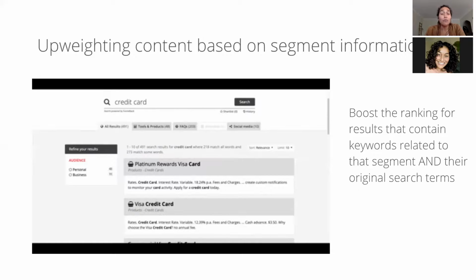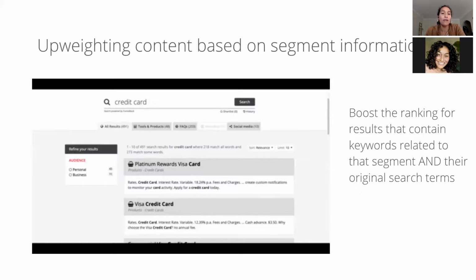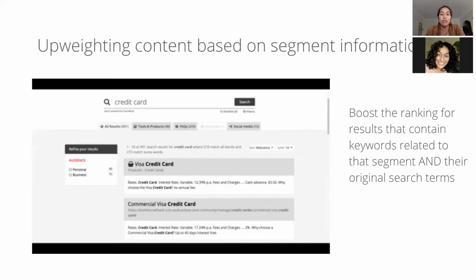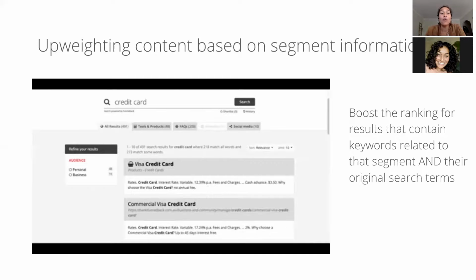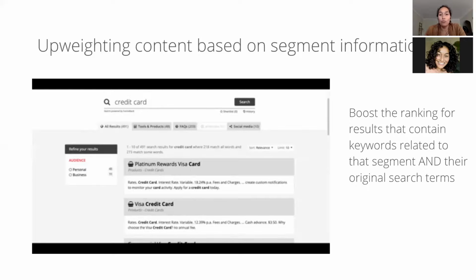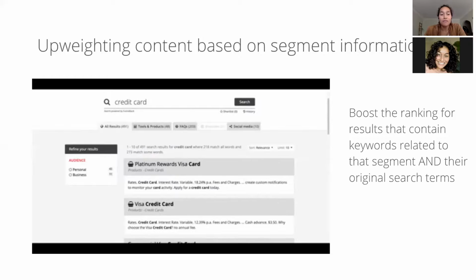Firstly, these rules are really easy to implement, and you can start with one or two. See whether they give you an uplift in terms of the metrics you're tracking, and then iteratively make changes in this fashion over time. In addition, we're not hiding anything. We're only reordering content. So the user experience will never degrade. If they really are looking for that credit card for their kids, they can still find it in the search